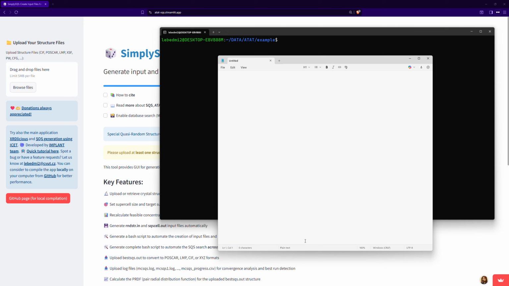Hello, in this video I will show you how to use an online interface to generate a bash script that will automatically search for special quasi-random structures within a certain concentration range of two elements. For example, let's say my initial structure is strontium titanate and I want to gradually replace the strontium with zirconium, and I can create concentrations, for instance, like these